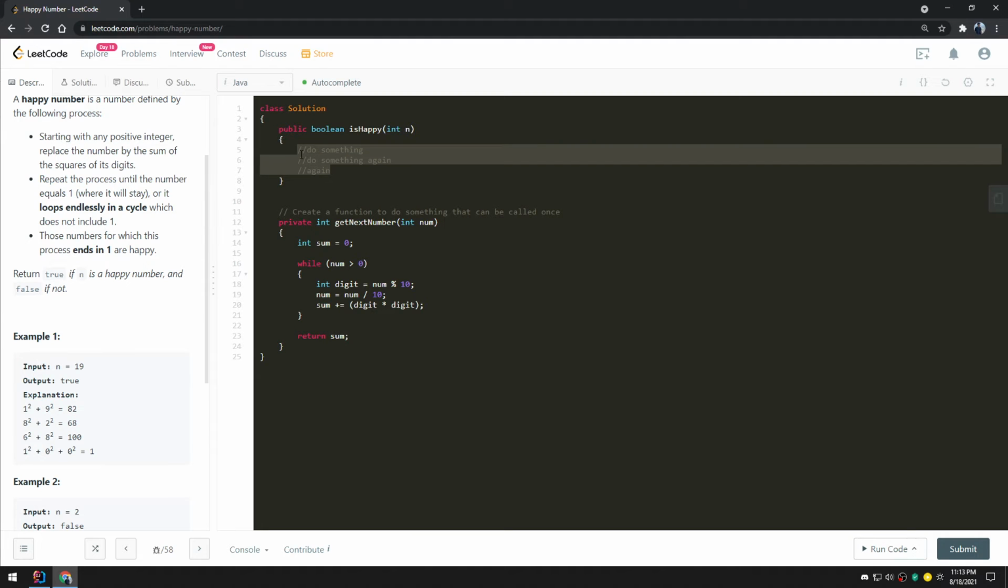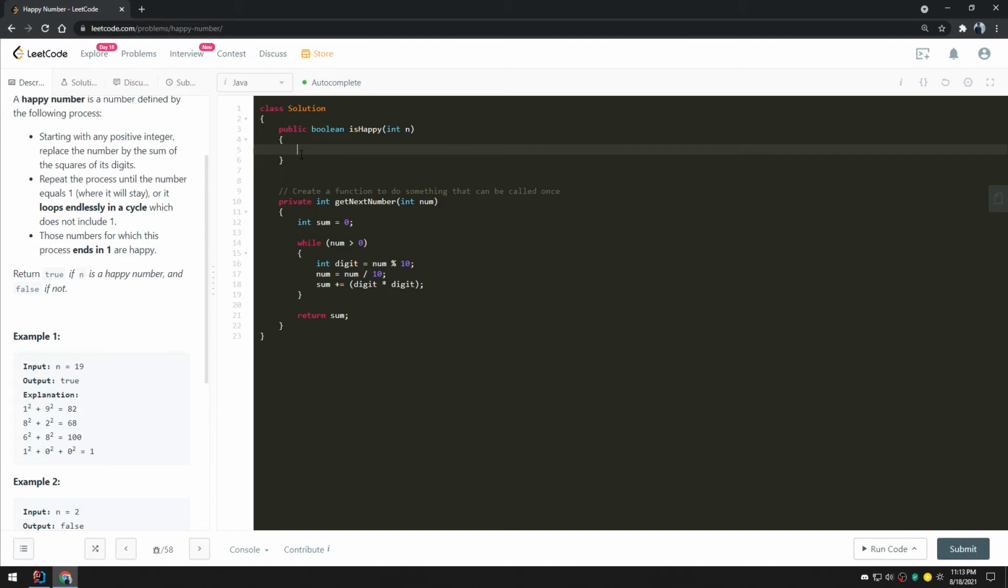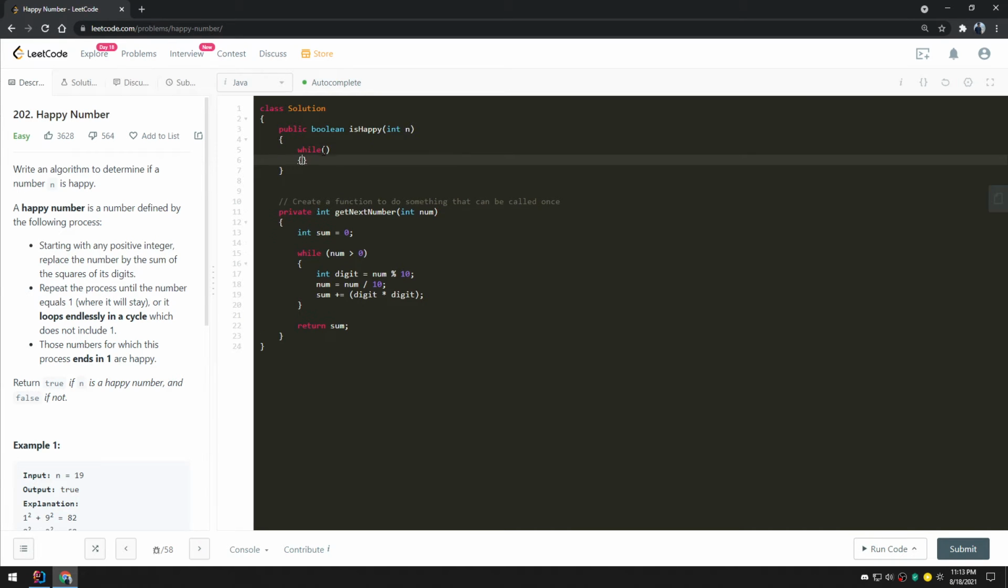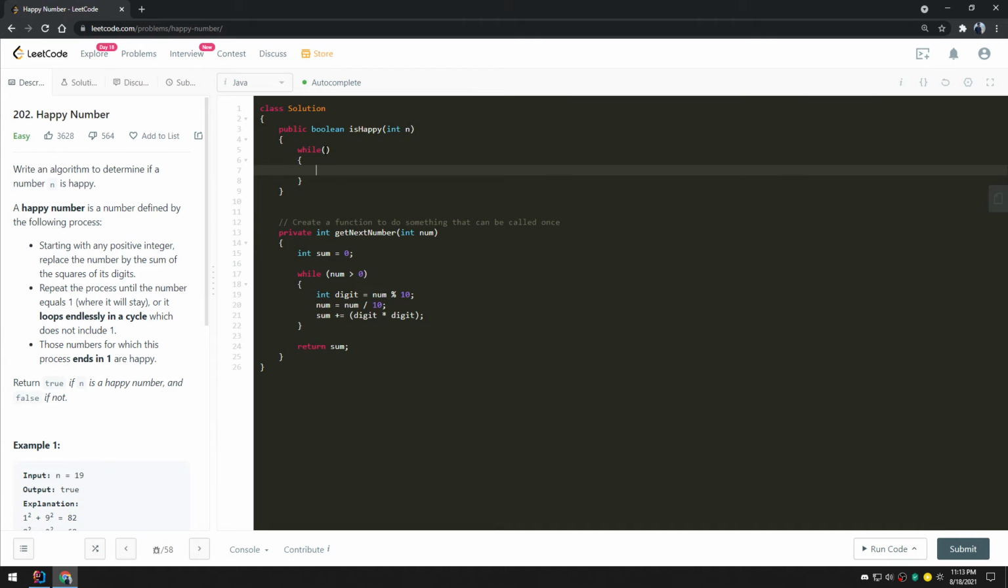So now up here, how can we tackle whether or not something is happy? So first off, what we need to do is we need to establish what we're going to use to solve this. So when it comes to endlessly looping or a cycle or doing something constantly until we get to a point where things are done, that's always a while loop for me. So while something, do something. So in this while loop, we want to make sure that n is not going to be 1. So while n does not equal 1,